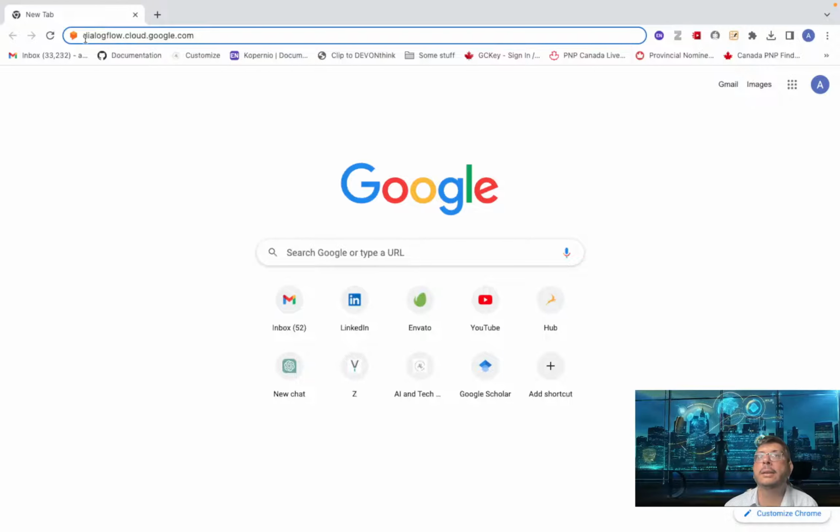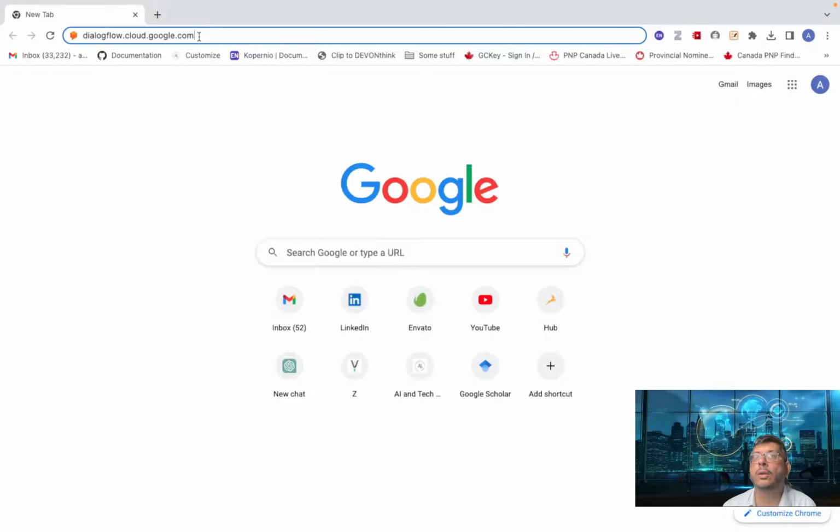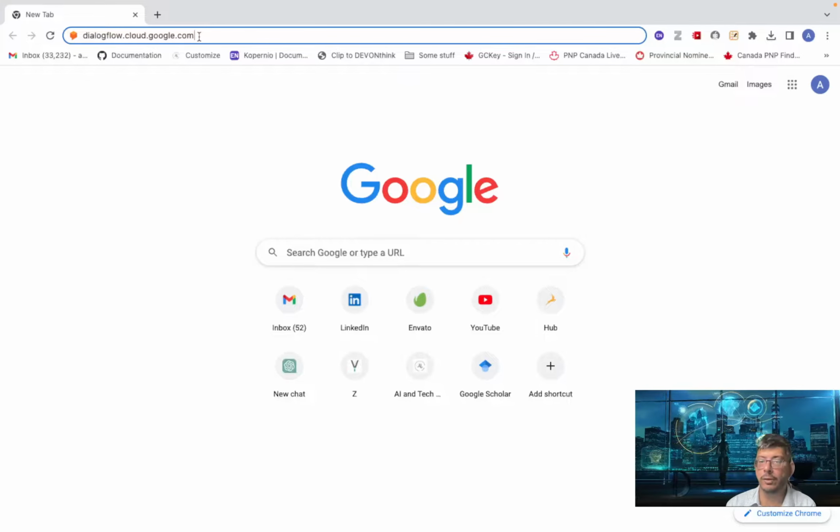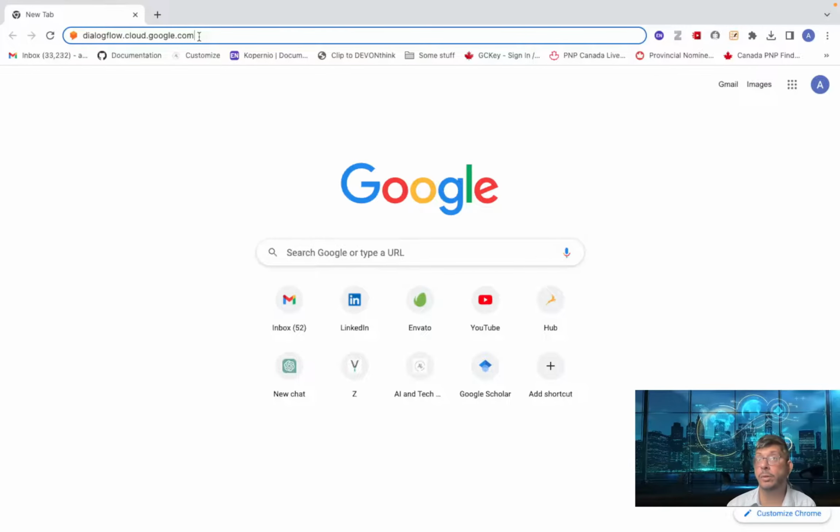It is dialogflow.cloud.google.com. It is possible to get a free version of this particular software just for a while. Google Cloud provides a free version of their cloud engine, and there are quite a number of products. Dialogflow is just one of them. So I would actually go in and